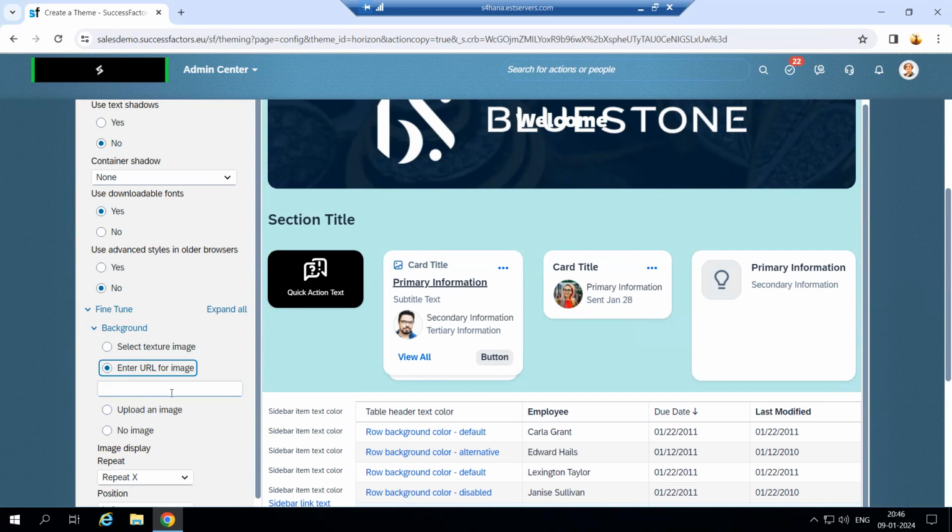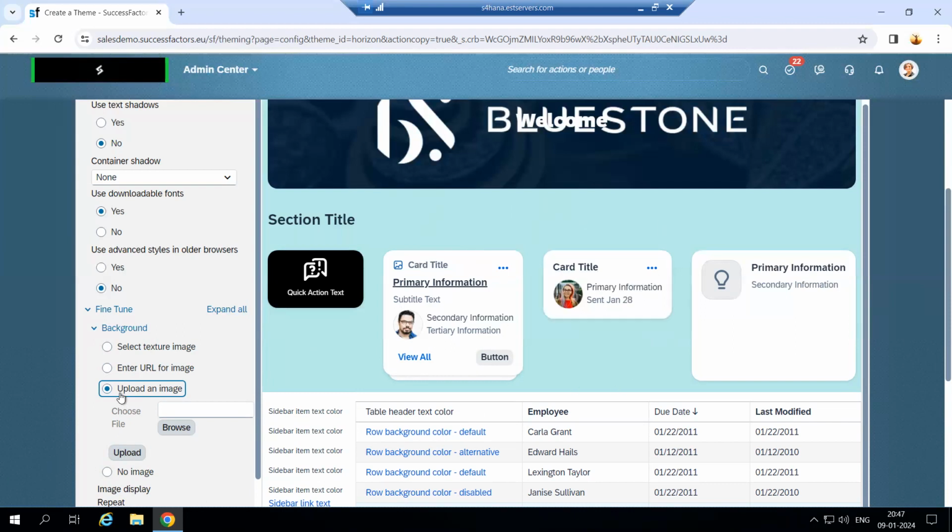So whenever we are clicking on that URL, the images will be reflecting on the dashboard screen. After that, we have upload an image. Apart from these colors, we can also upload an image. For some client requirements, we will be uploading their company building photos or exact sceneries or any computer image based on the requirement. So in the practice session, just try giving any images and see how it is reflecting on